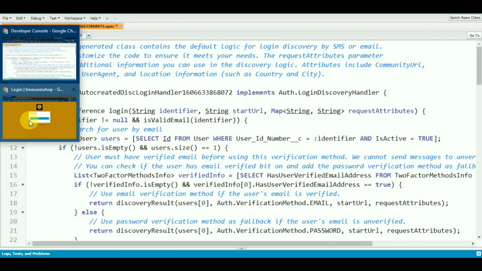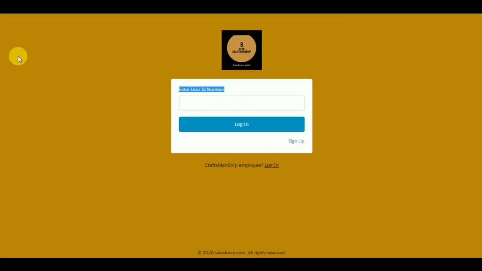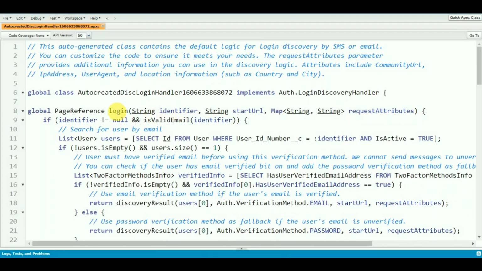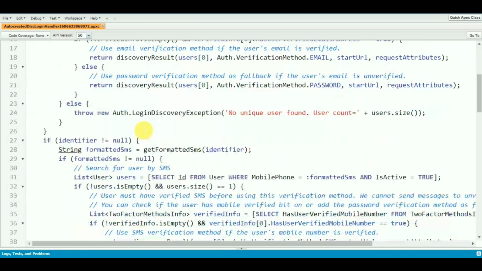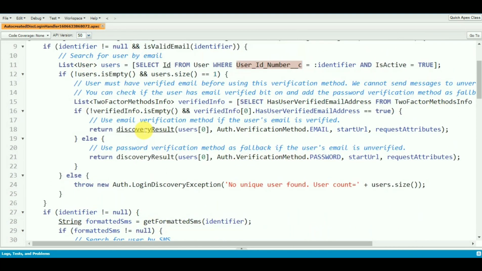I'll just enter the user ID number, and this method is executed. This method will get me the user with the user ID number which is entered by the user. This is how it flows. Also you can see the first thing is verification using email.